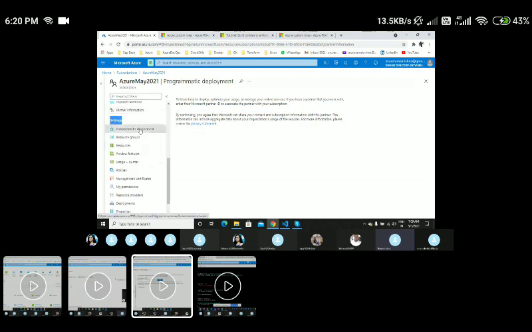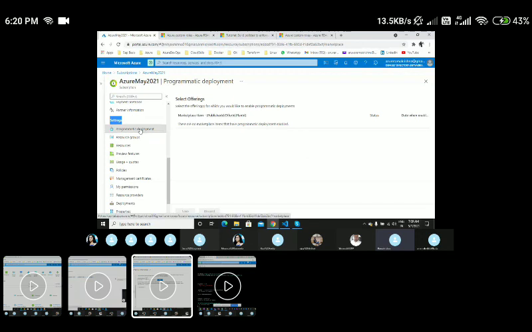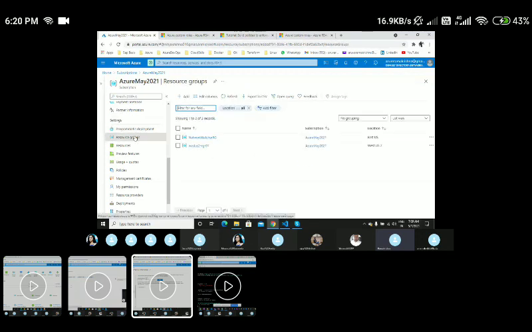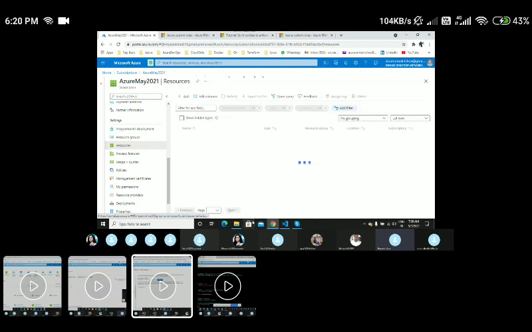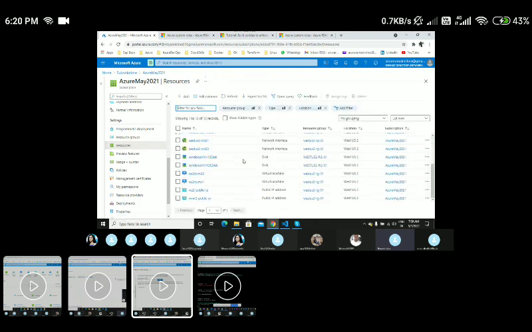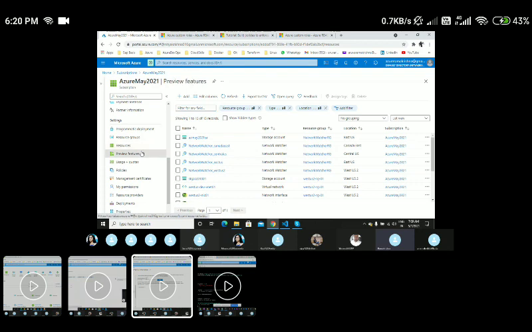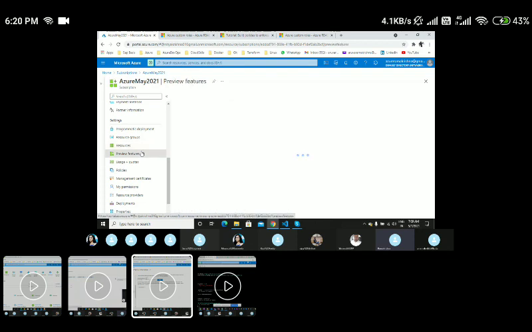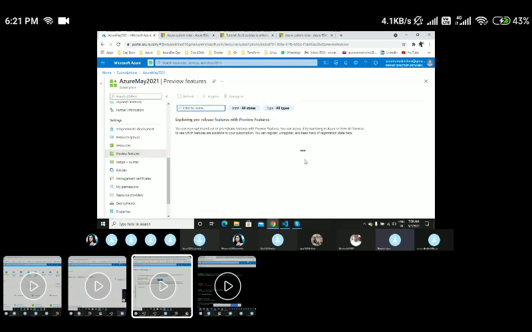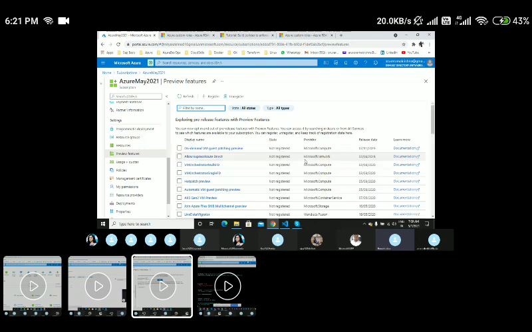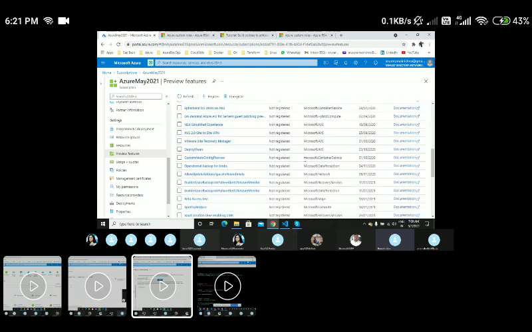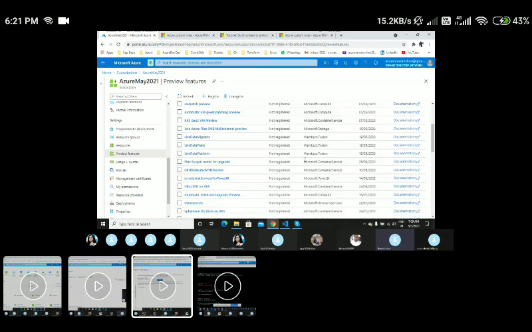And coming to the settings, here you could see some of the deployment status, what deployments we have performed under this particular subscription. And from the subscription blade itself, I can see how many resource groups and how many resources I have in my subscription, everything from here. And if you go to the preview features, these are the features which Microsoft is still performing some development activities on. That means these are the services they want to introduce as new, and they are still in development mode.